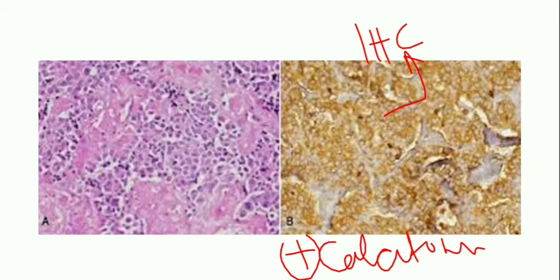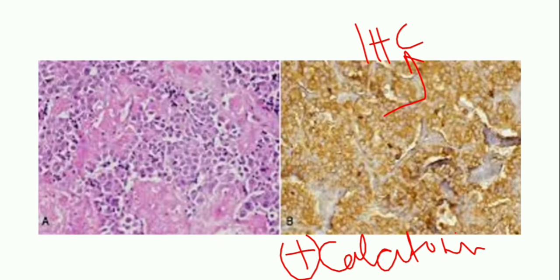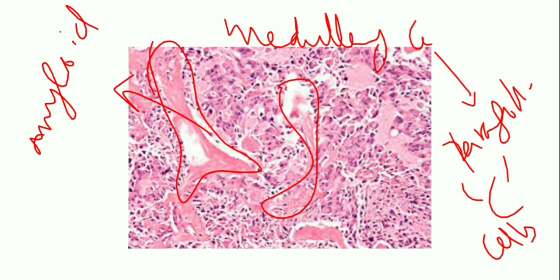Now we have already said that it is the only thyroid carcinoma associated with amyloid deposition. So what you are seeing here is the color apple green birefringence. Under the polarized microscope you get this color, and normally in Congo red stain it will be pinkish red. Apple green birefringence you get in polarized microscopy. So these are all the important points about medullary carcinoma.